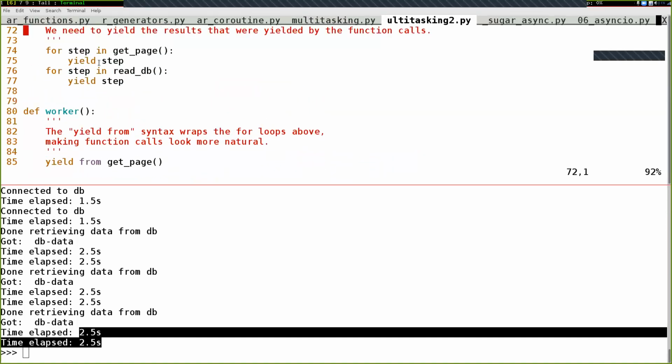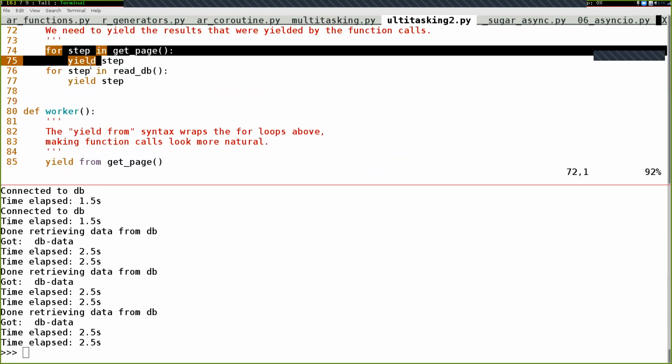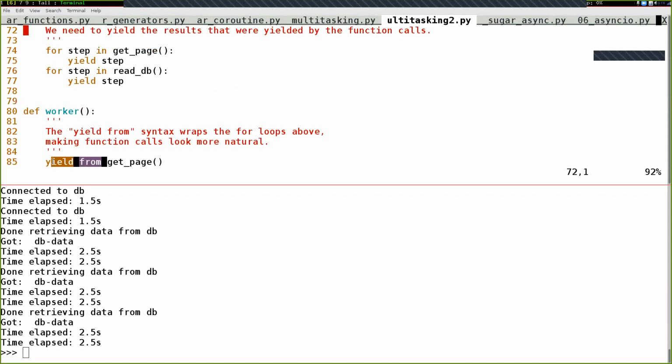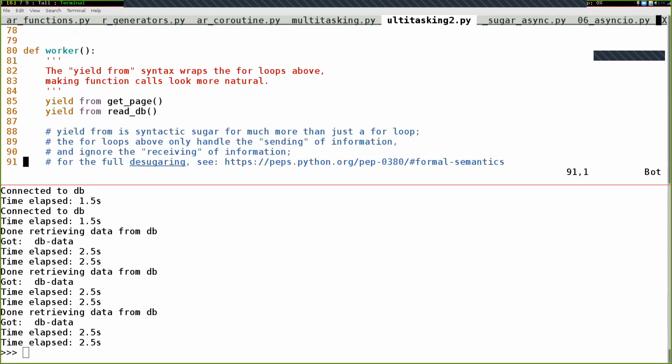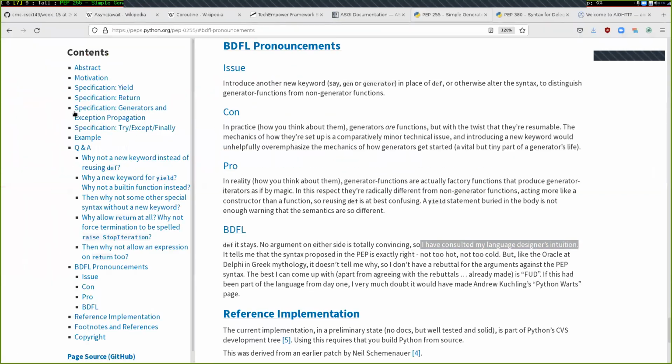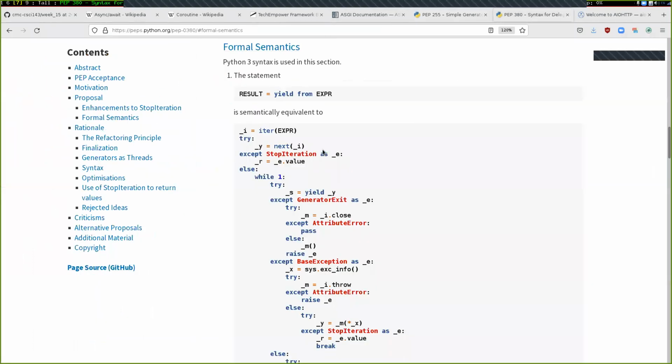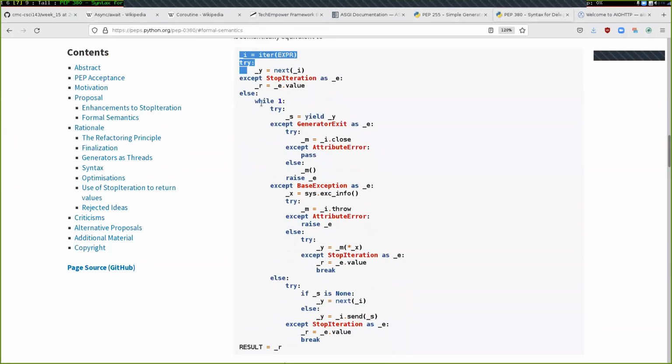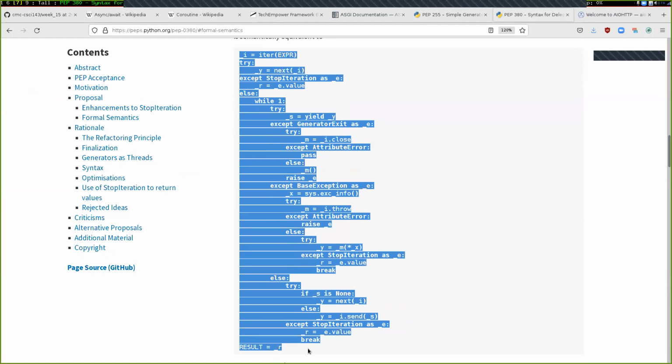I don't know, this isn't too much syntax to actually type out though. And so if this is all the syntax that you had to type out, maybe it wasn't worth this whole new weird keyword right here, the yield from. But if we take a look at this link right here, we'll see that the actual syntactic sugar for yield from is quite a bit more complicated. So this PEP 380, this is the actual syntactic sugar for the yield from keywords. And